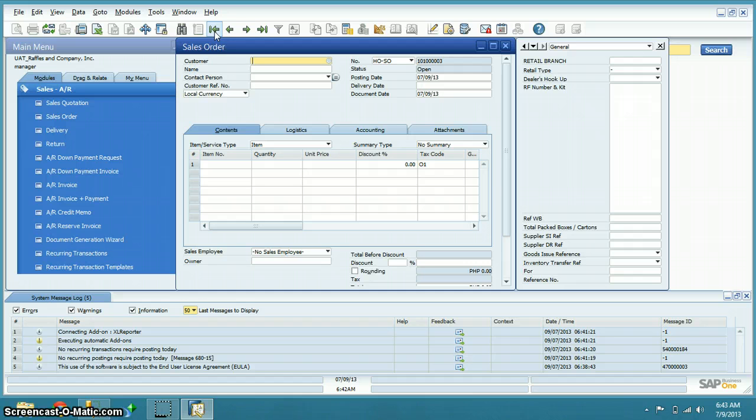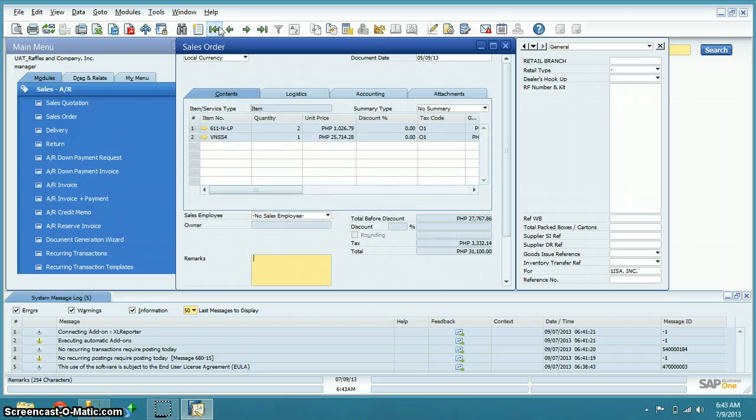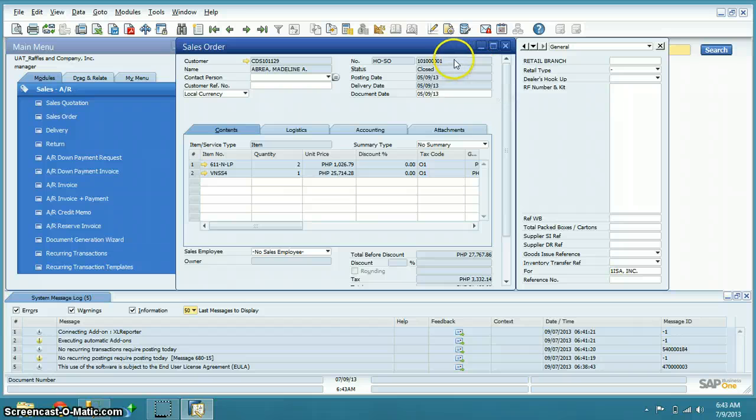If we click this button right here, it will present the first record in the sales order, which as we can see, is number 1 here.